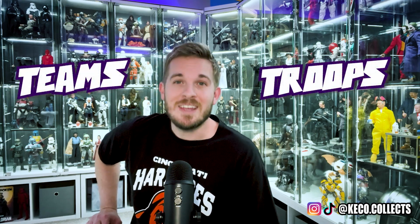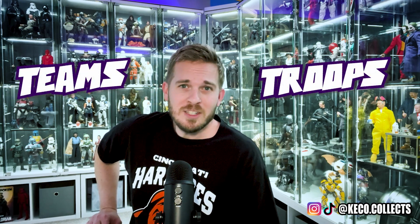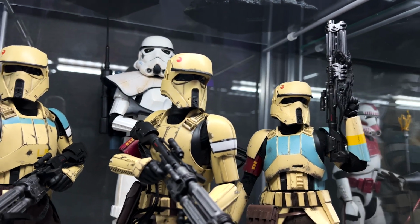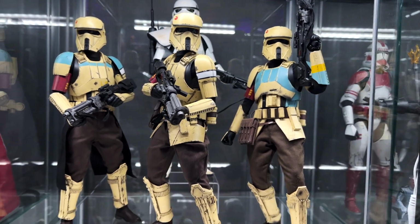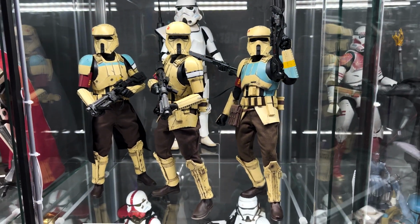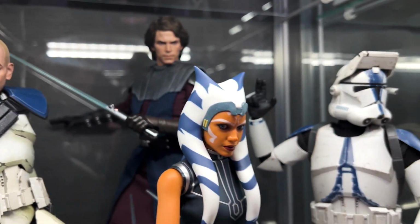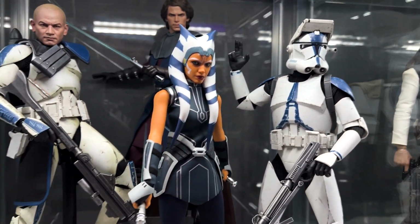So we've done duos, we've done heroes and villains, now let's move on to the most flexible option, that being teams and troop building. Let's go ahead and start with troop building. And this is mainly for Star Wars because war is right in the title, there are dozens of trooper variants. You can opt for some of the multiples of the same design, slight variations, or leaders and underlings. They all look good. And while troops make up a good team, the true team up to me is the